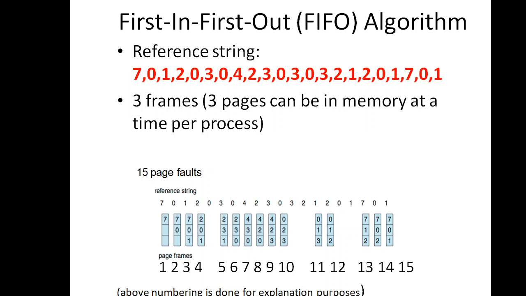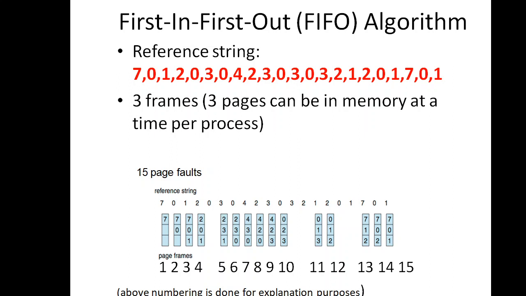These are all creating page faults, and after that I am bringing them into the frames in the FIFO format. Initially this page was not found, that's why I am bringing it into the frame. So the first page fault is with page 7. Next 0 is not there, so 0 is brought. Next 1. These are the first 3 pages brought in.